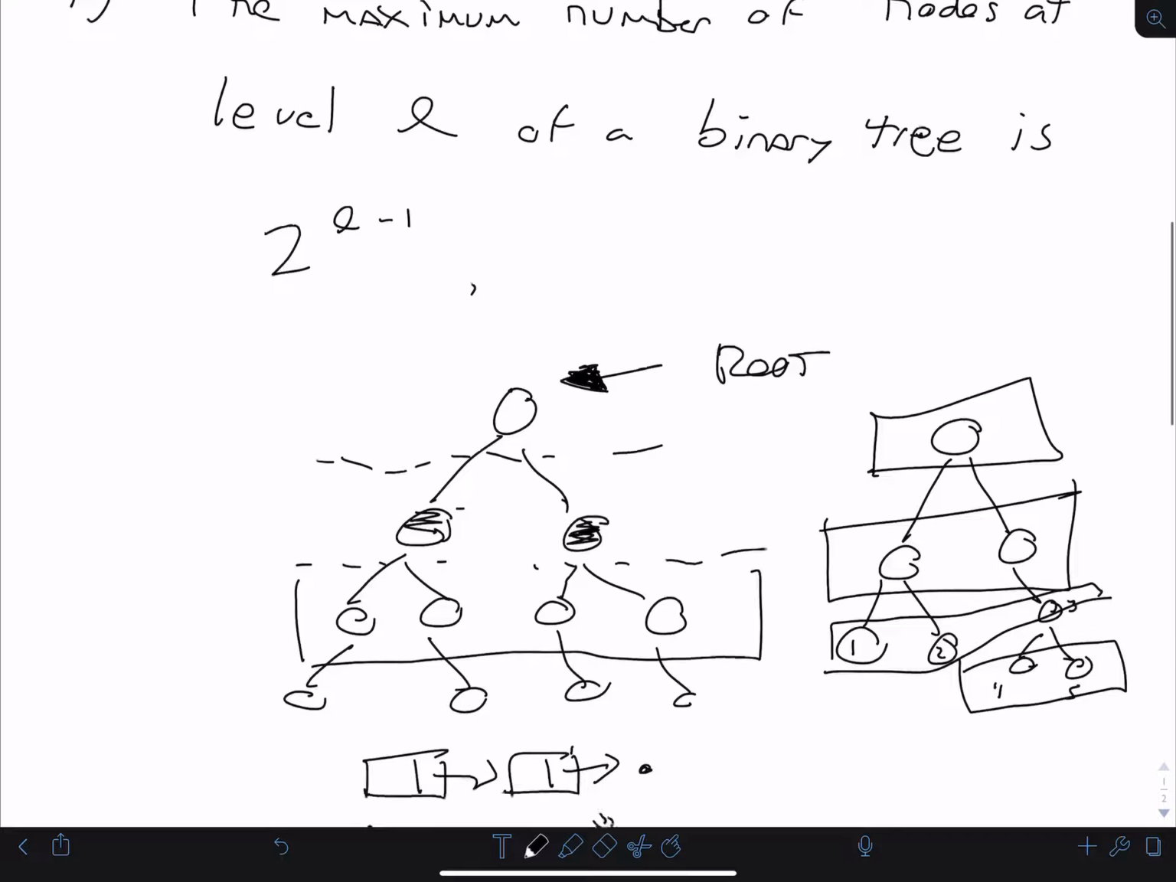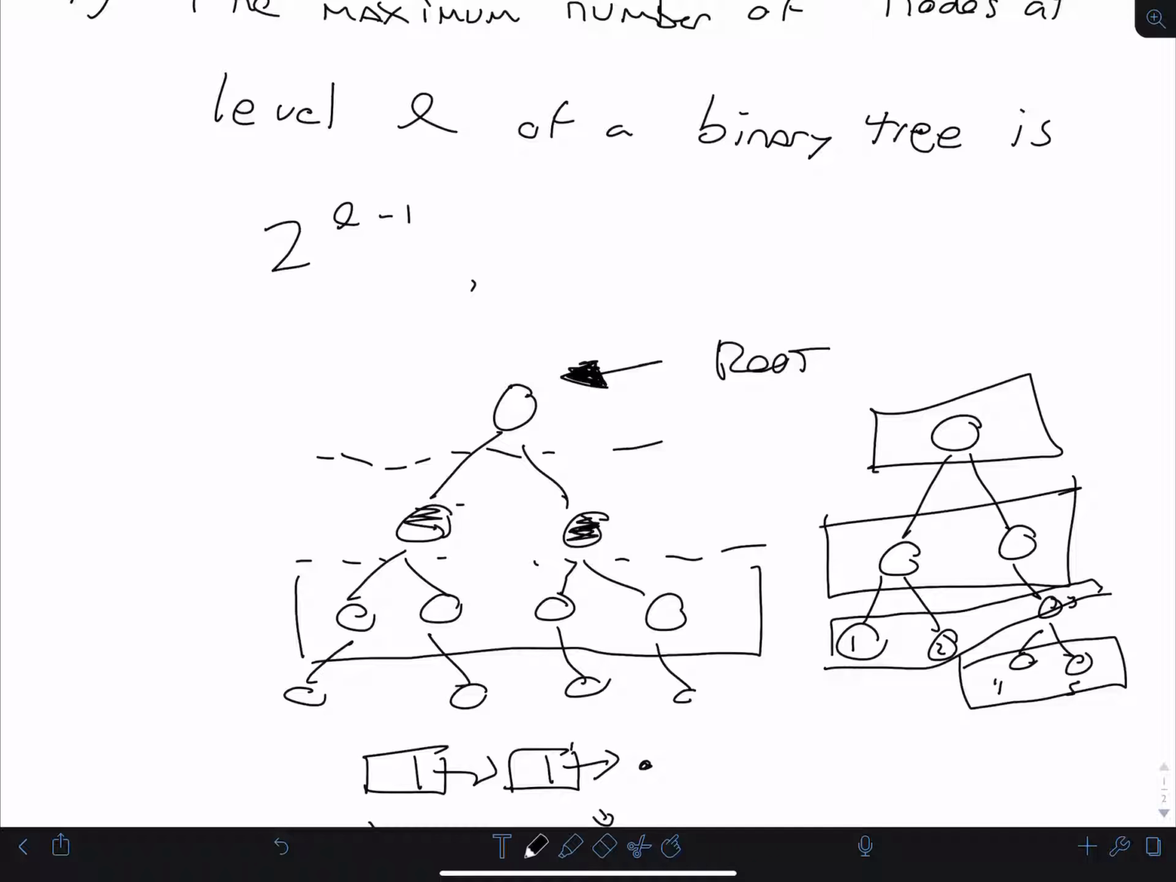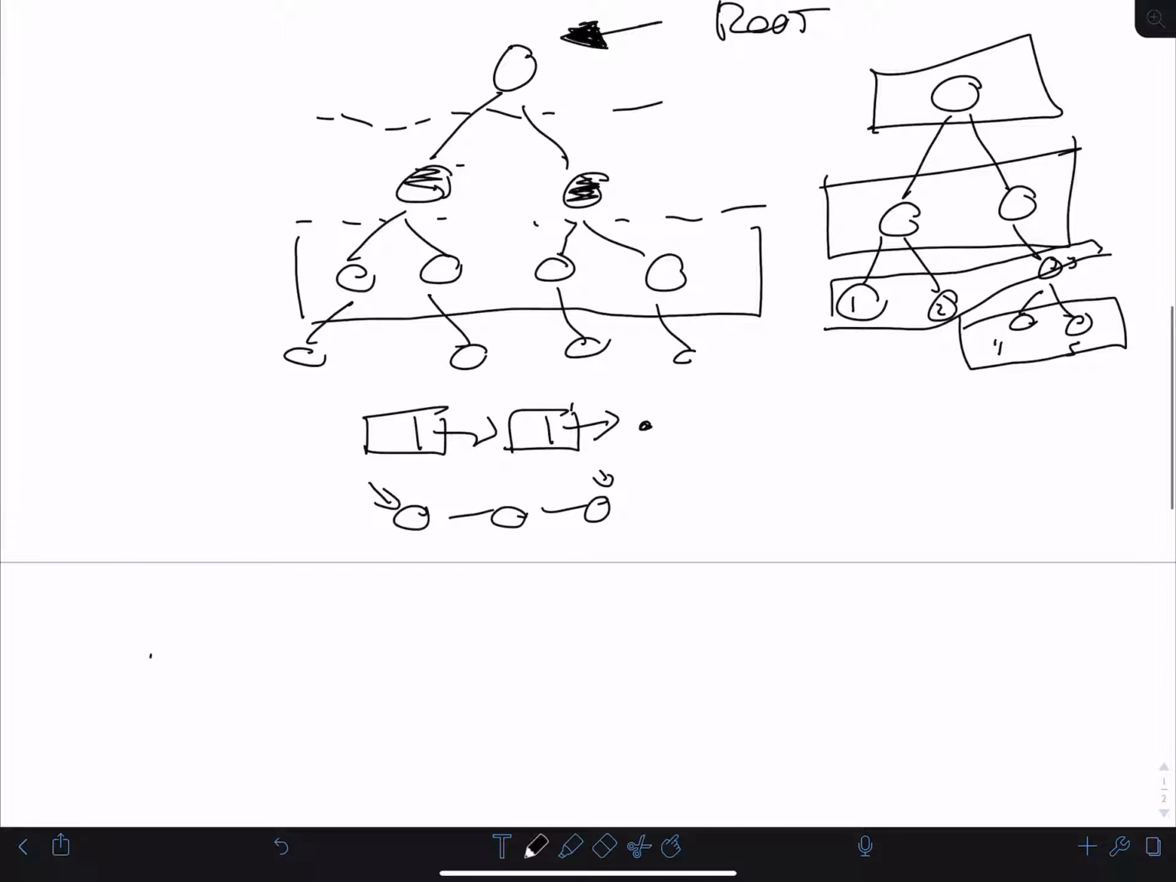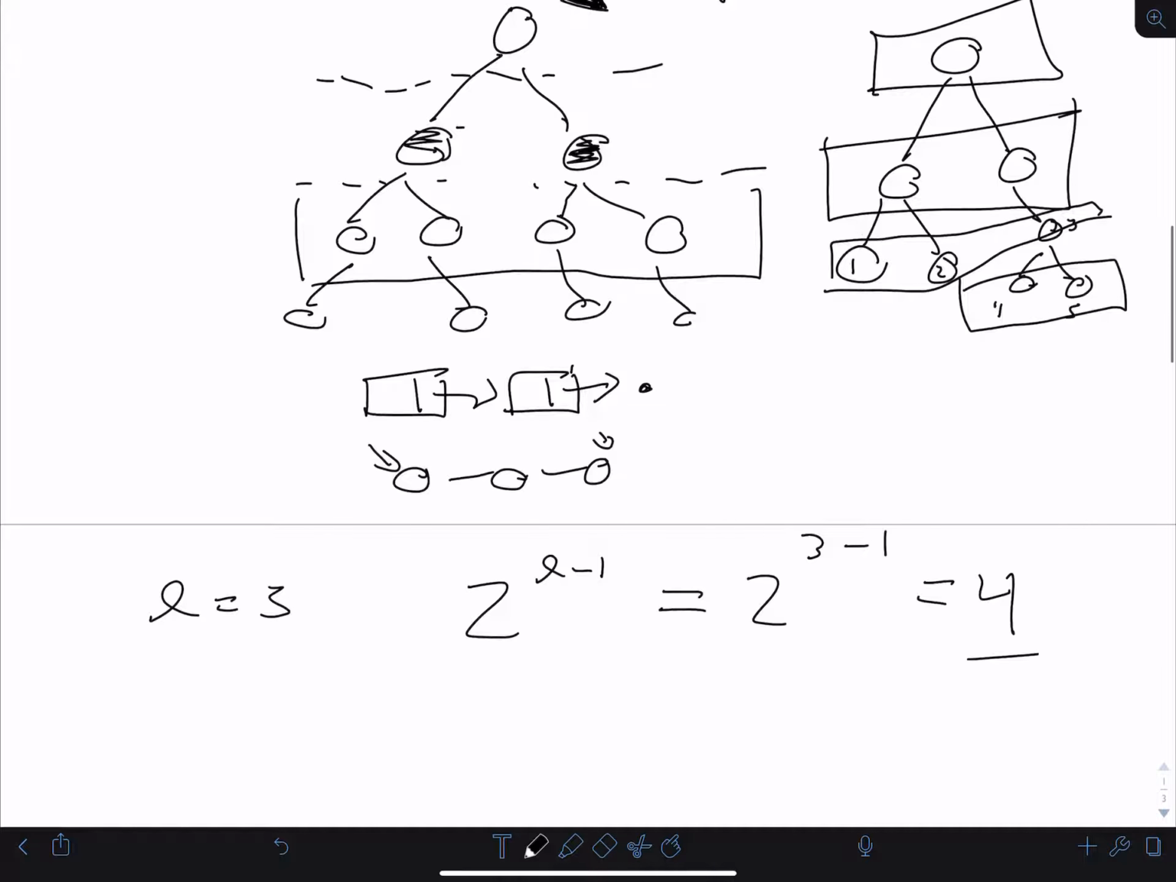So let's go ahead and say that we have 3 levels. And let's see what this will tell us. Well, if we have 3 levels, this is saying that 2^(L-1) is going to be the same thing as 2^(3-1), which is equal to 4, right? 2 squared is 4. Okay, so this is saying that the maximum number of nodes that we can have,